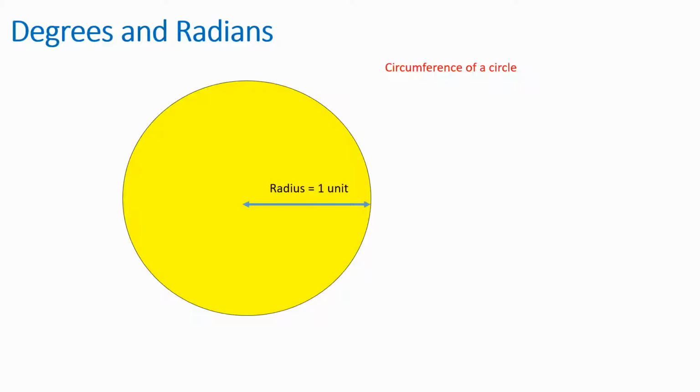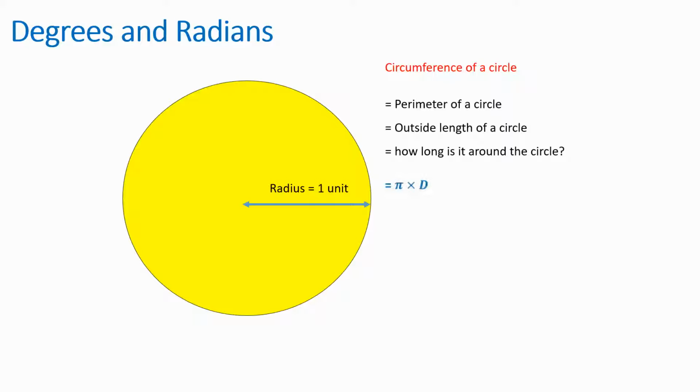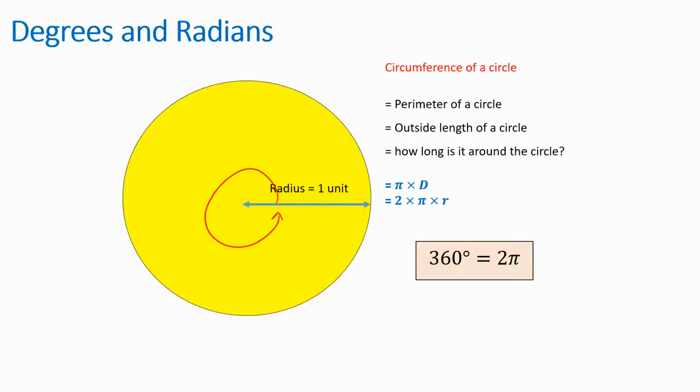2 pi r. Okay, so you say, all right, well, that's the perimeter of a circle, which is given by the outside length, which is given by pi times d, or 2 times pi times r, because twice your radius is your diameter. And this will tell you the distance around the circle. And if our case is that it's a 1 unit length, then that will tell us that in a 360 degrees circle, we can say by ratio that the degrees is equivalent to 2 times pi times 1, which is 2 pi, but what you need to understand is this is a measurement of length